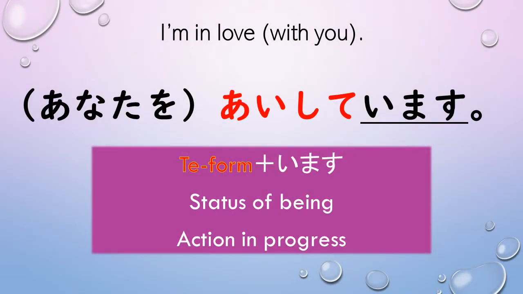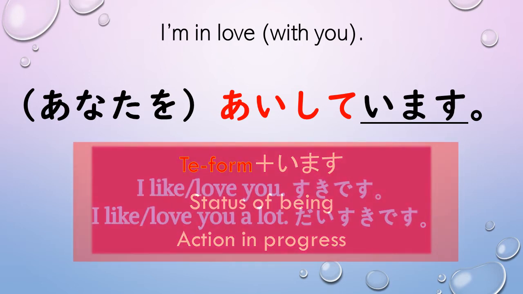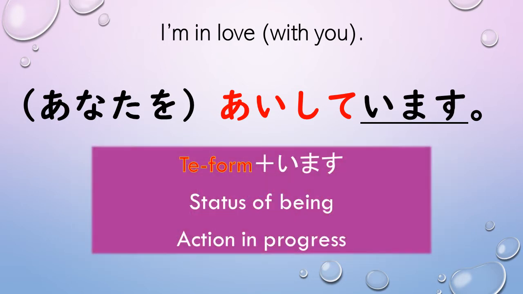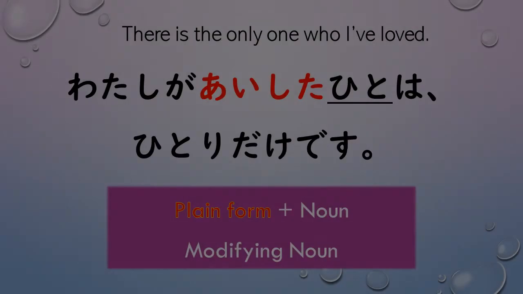Example 1. I'm in love with you, or I love you. あなたを愛しています。When you connect te form and います, you are expressing the status of being or an action in progress. In other words, you probably know 好きです、大好きです. But if you truly love the person, I say go for 愛しています。I don't want you to miss the opportunity to express your true feelings because tomorrow is not promised. You should express how you feel, especially this type of feelings. Go for it. 愛しています。